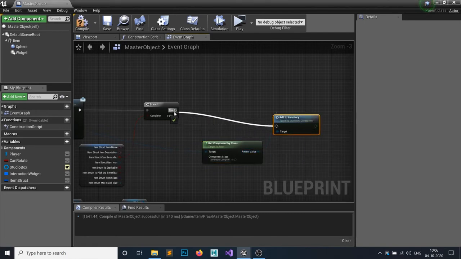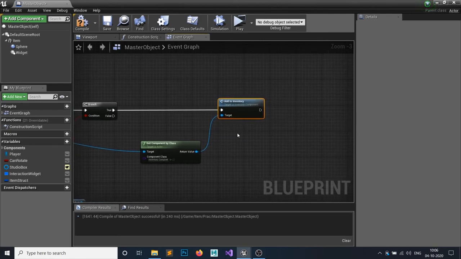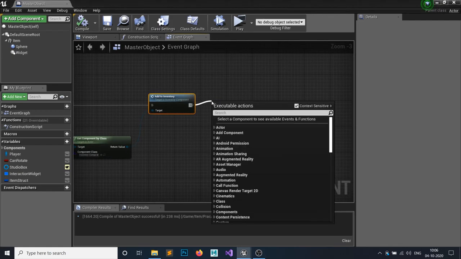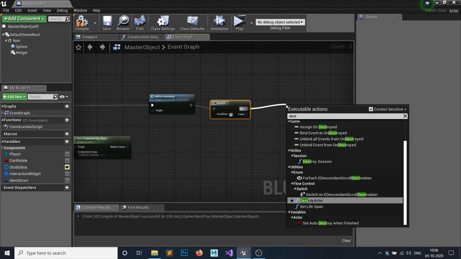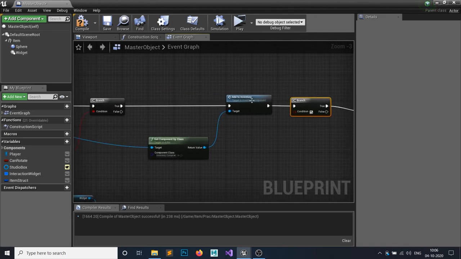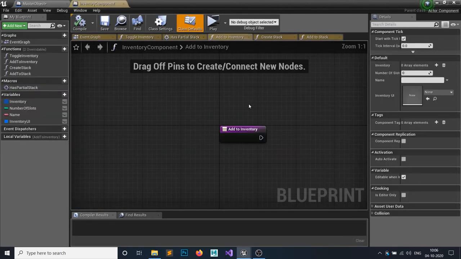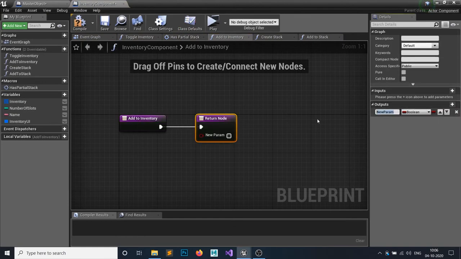After adding to inventory, we want to hit a branch, and after that we want to destroy the actor, right? So on the inventory function, add a return value output called success.